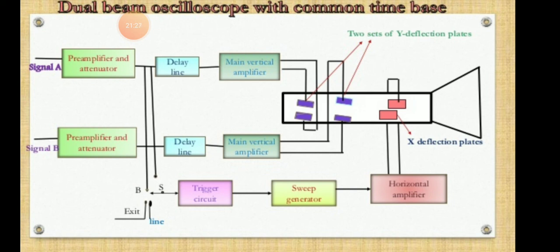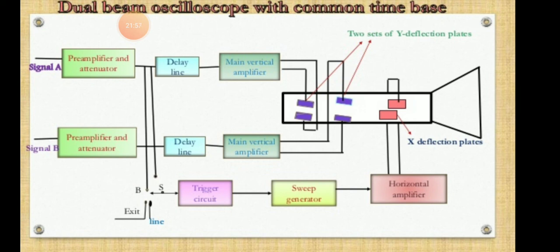Second point, only one sweep can be synchronized at one time. Also, both the signals should have the same frequency, or the frequency should be related harmonically, to obtain beams on the CRO screen. Last point, the sweep generated can be triggered by channel A or channel B, or signal A or signal B, or external signal or line frequency.